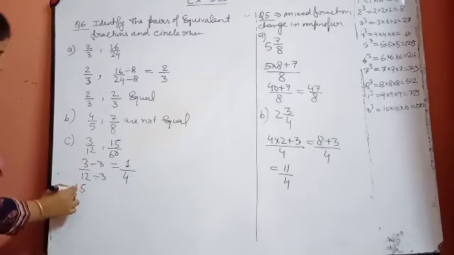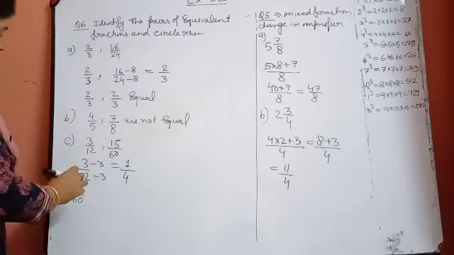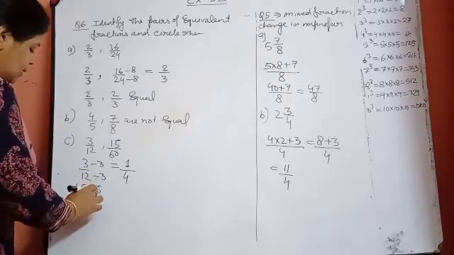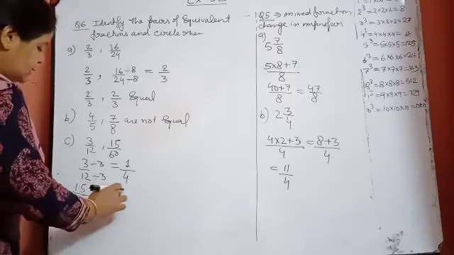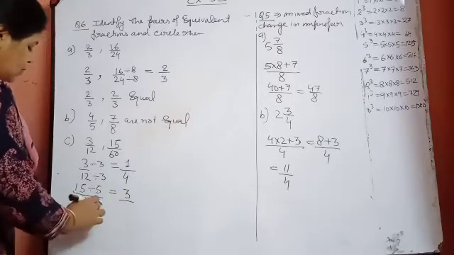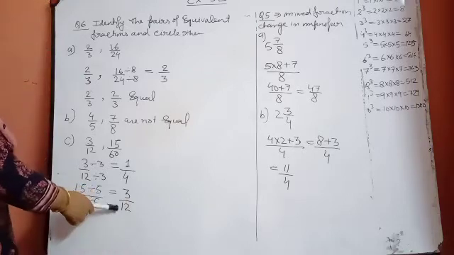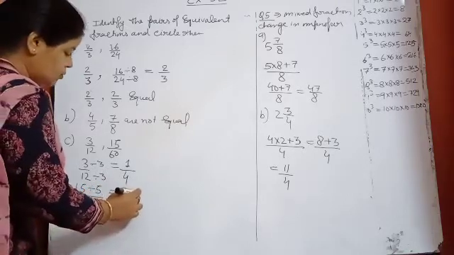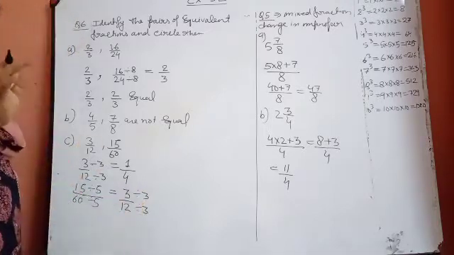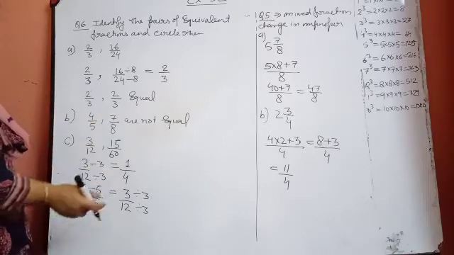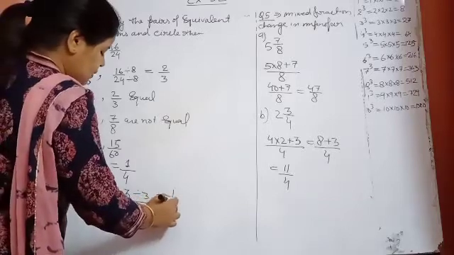Now take 15 upon 60. 15 and 60 both are coming in a table of 15, or otherwise both of them are coming in a table of 5 also. They are divisible by 5. See that 5 threes are 15, 5 twelves are 60 after division. Again 3 and 12 both are coming in a table of 3 also. Further they are divisible by 3. Till then we cannot convert into the lowest form, the division process in the numerator and denominator will continue. 3 ones are 3, 3 fours are 12.